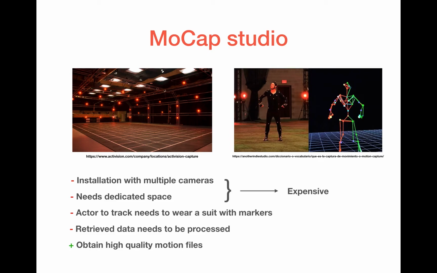The first mocap studio started from the movies and video games. They have a big room with several cameras with infrared lights, and then the actor puts on a suit with some markers. These infrared lights reflect off the markers, and then the multi-camera system can detect these reflections and compose the motion. These kinds of systems need a dedicated space and multiple cameras, so it makes them quite